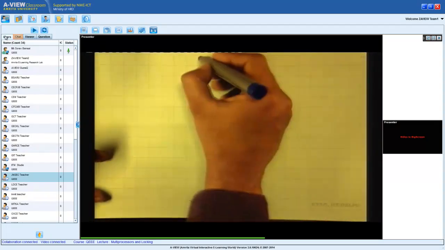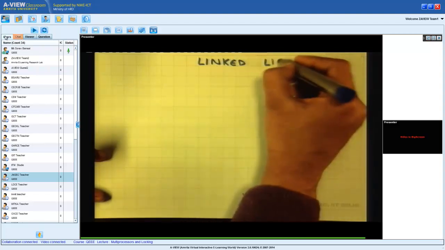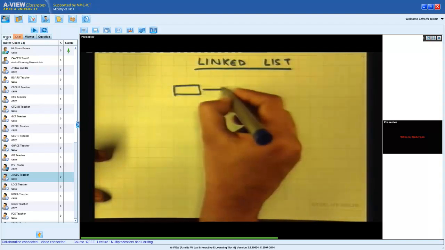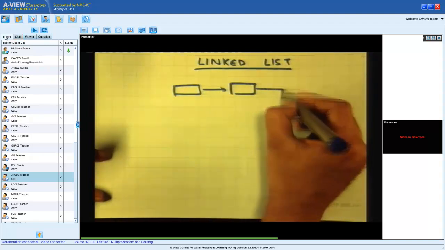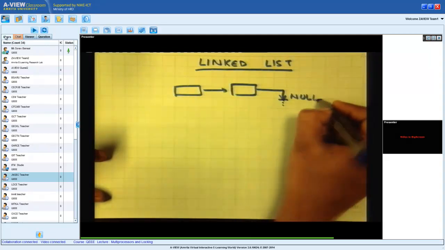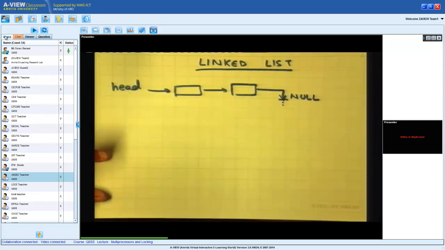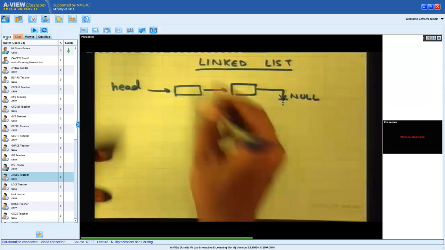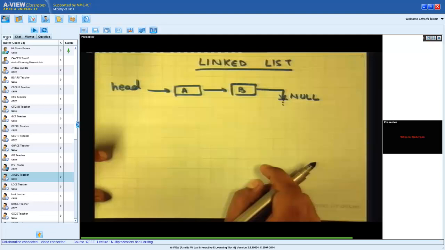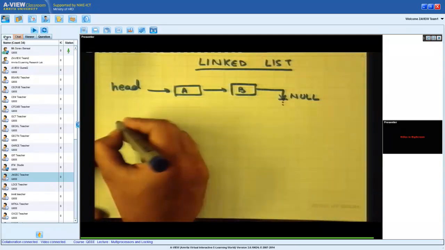Let's say I had a linked list. The linked list is supposed to be this linear structure that goes to null and has a head. This is an example of a linked list, and let's say the first element was A and the second element was B. Now, if I wanted to insert something in it, let's say I want to insert C,